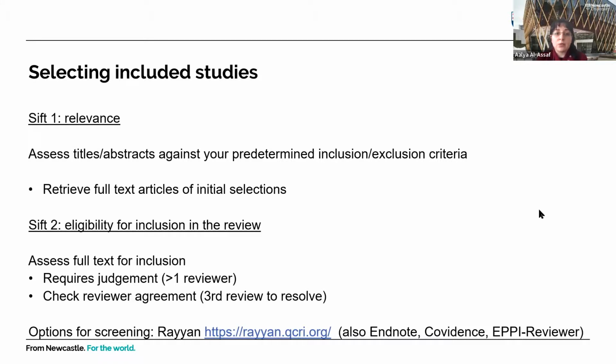And in this stage, you would need to read the full text of the articles to assess their eligibility against the predetermined inclusion and exclusion criteria. You would need 2 reviewers to screen the full text of these articles, at least 2 reviewers, and another reviewer to check